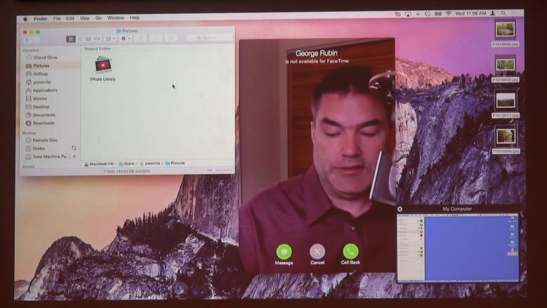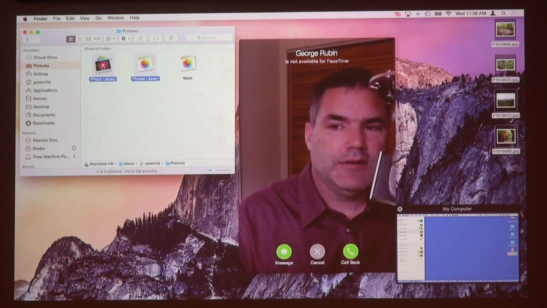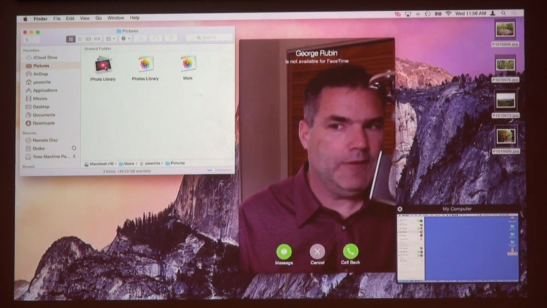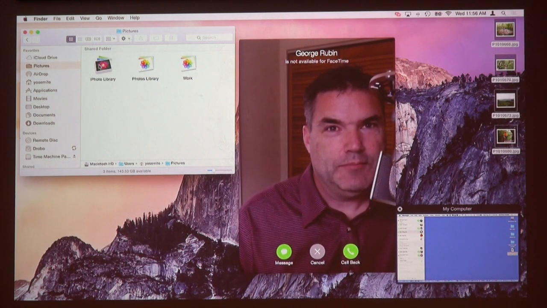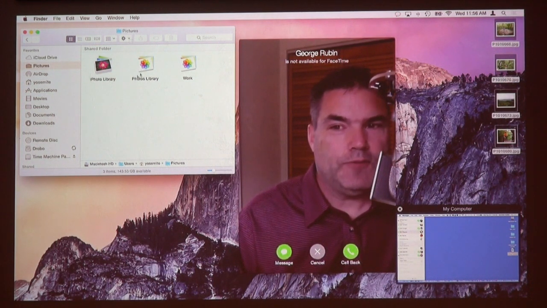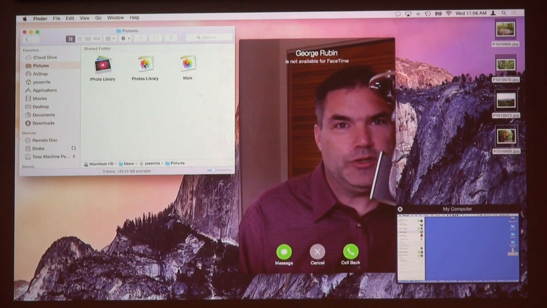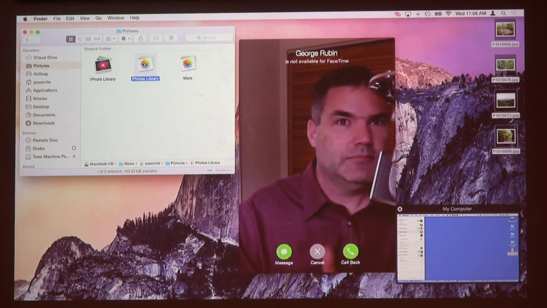The reason is, when you look at this, it's not an exact duplicate. I have a Photos library and then I have an iPhoto library. When I open up the iPhoto library, it's actually opening up the photos in the Photos library. They moved all of the original photos into this Photos library. So if I delete this,